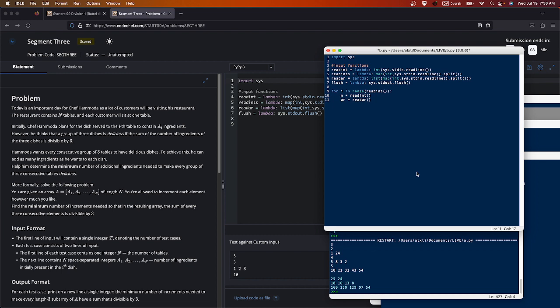The group of 3 dishes is delicious if the number of ingredients is divisible by 3. Every consecutive group of 3 tables, okay, this is